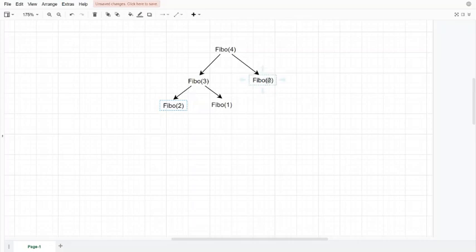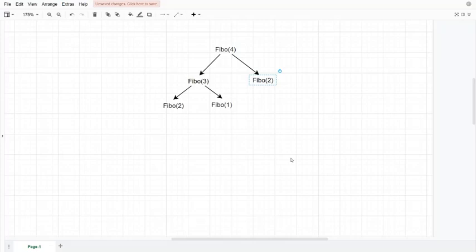And if you get any recursion problem, I would advise you to draw its recursion tree like this on a piece of paper, so that you can see whether this recursion tree contains any duplicates or overlapping of subproblems, to be precise. And if you find some overlapping subproblems like this, then this recursion problem is suitable to be converted into a dynamic programming problem.